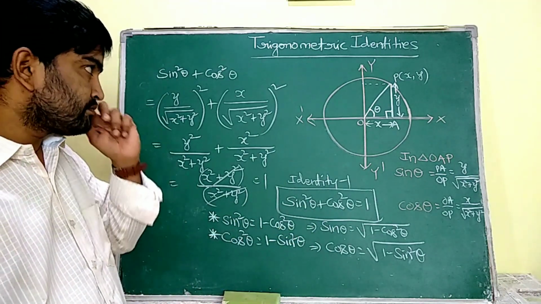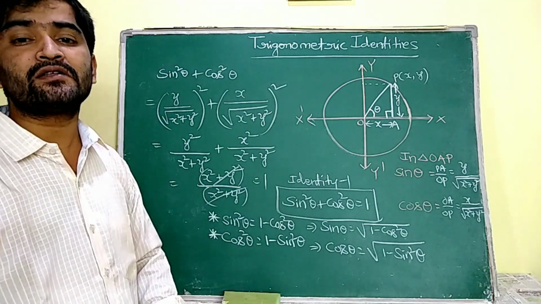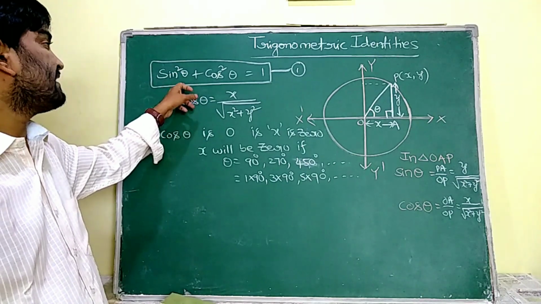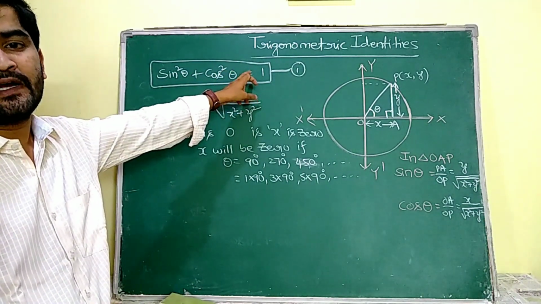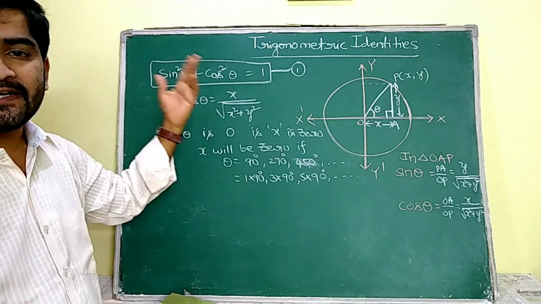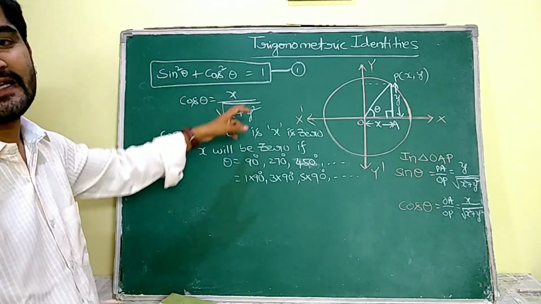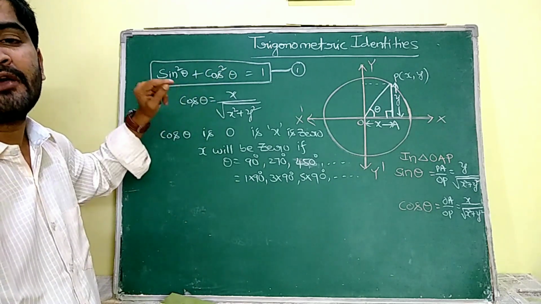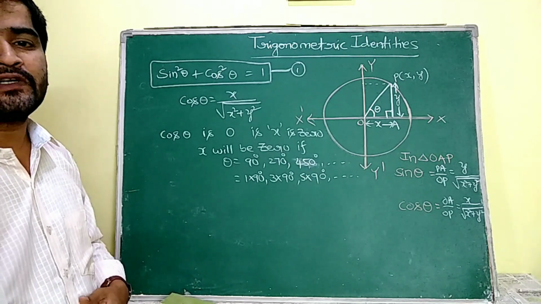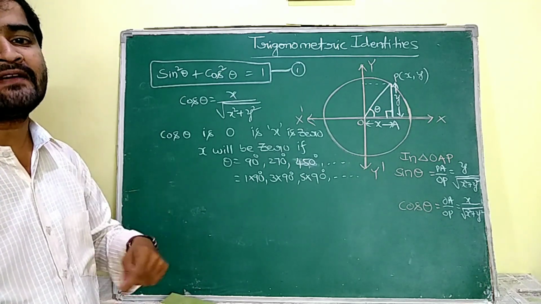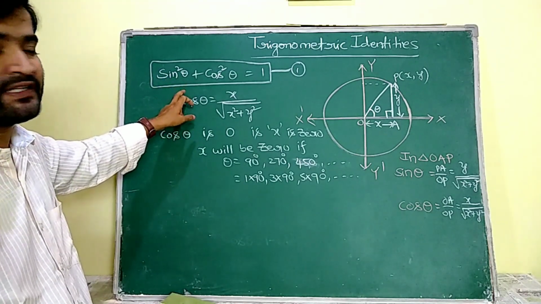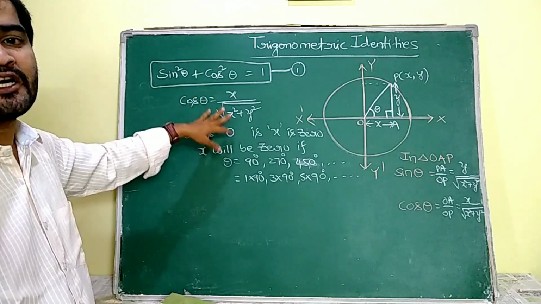Now these trigonometric identities are also known as Pythagorean identities. See, sin square theta plus cos square theta is equal to 1; we obtained this as identity 1. Now to obtain identity 2, I have to divide this equation 1, that is identity 1, by cos square theta. We know that while dividing by any value, that dividing value must not be 0. That means cos theta must not be 0.